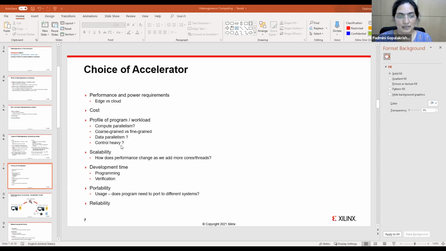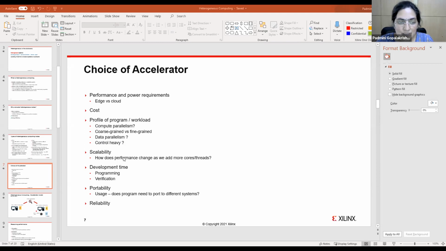I may recognize that there are certain operations which can run very fast in hardware, like convolution or matrix multiplication, and I may choose to accelerate just those operations on an FPGA. Right? So the key to understanding how to build your accelerated system is actually to profile what you have to do and understand the inherent structure of both your application and the kind of workload that you have to handle.